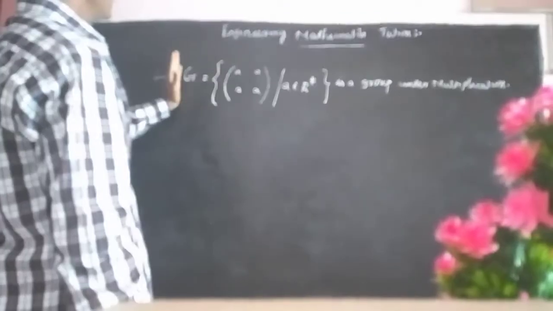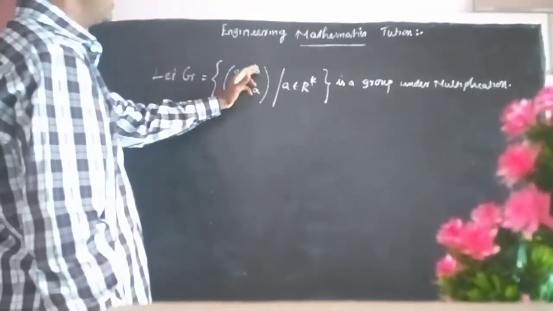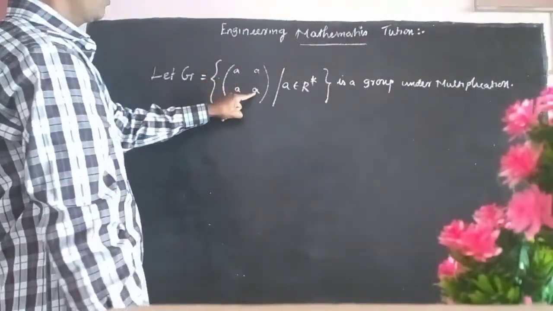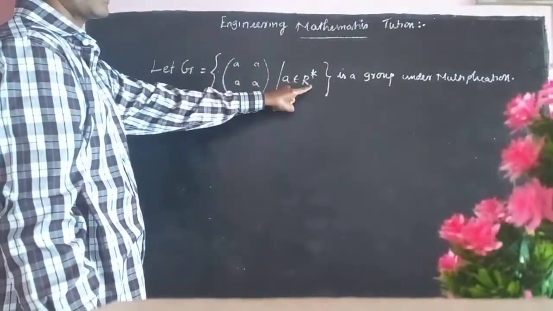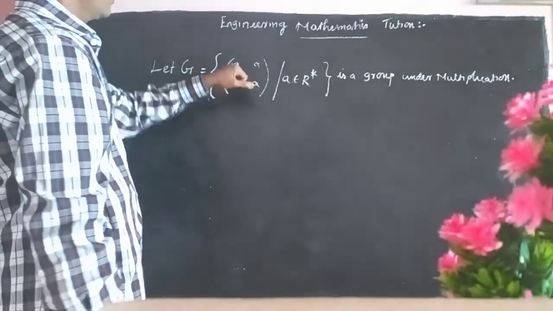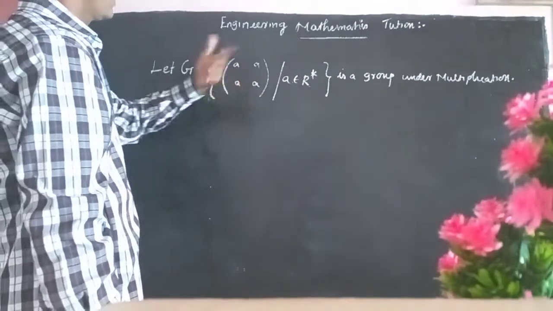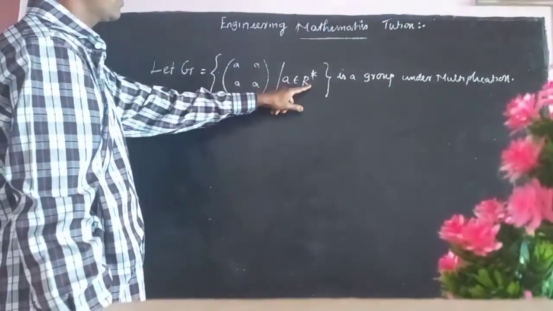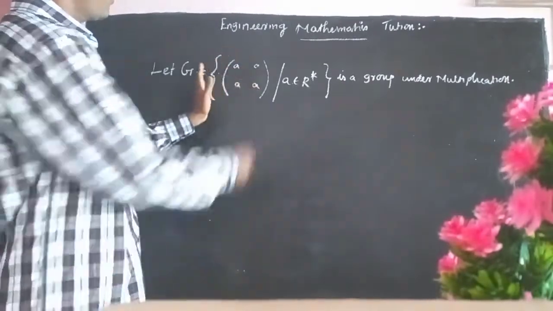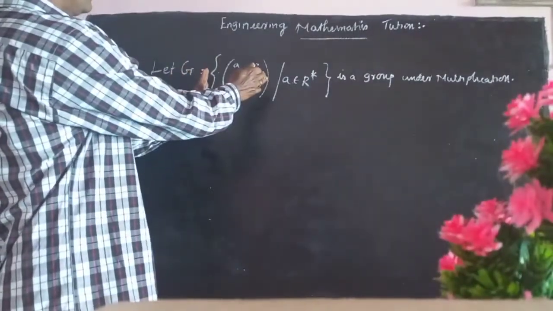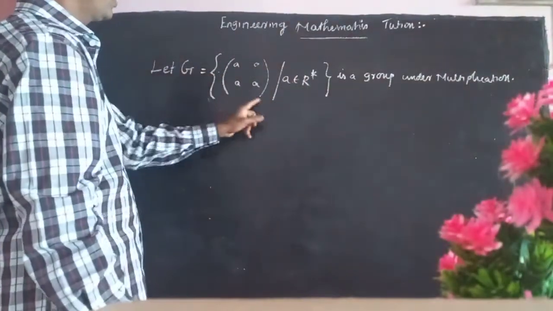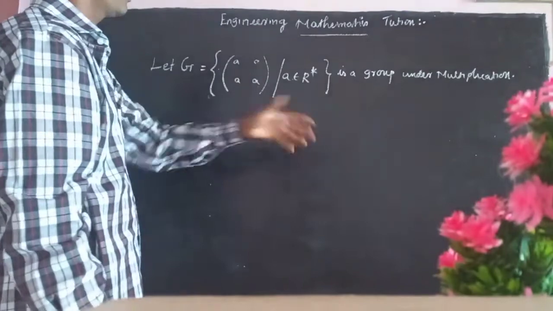ஆக்சுவலாக ப்ராப்ளம் என்னென்னா, let g is equal to a, a is a 2x2 matrix. So a ன்னு சொல்லும்போது இந்த a belongs to r star. R star means a non-zero element. இது 0 0 0 0 ன்னு எடுக்க கூடாது. ஏன்னா a belongs to r star, r star சொல்லும்போது ஒரு non-zero element தான் எடுக்கணும். பட் b ன்னு எடுக்கலாம். So that format, அந்த மேட்ரிக்ஸ் உடைய ஃபார்மட் ஆனது எல்லா என்ட்ரியும் சேமா இருக்கணும். So 1 1 1 1, 2 2 2 2 இந்த மாதிரி கூட எடுக்கலாம்.